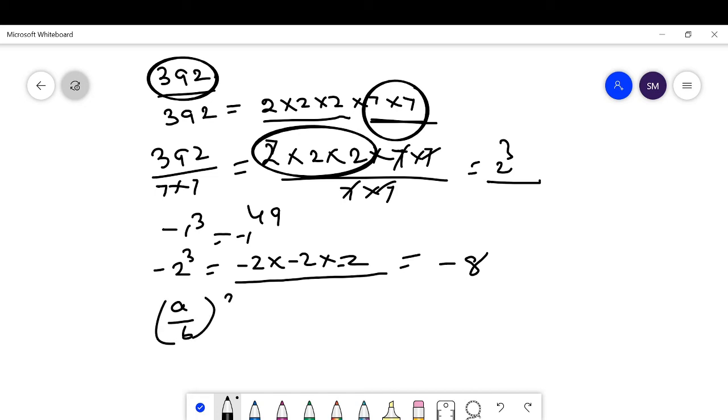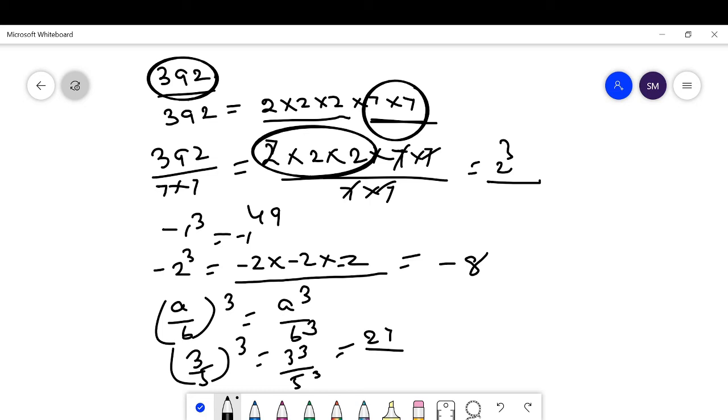A upon b whole cube means a cube upon b cube. Suppose you have to find out 3 upon 5 whole cube. This is 3 cube upon 5 cube. What is 3 cube? 27 upon 125. This is the answer. If you have to find out the cube of 1 whole 2 upon 3, it is